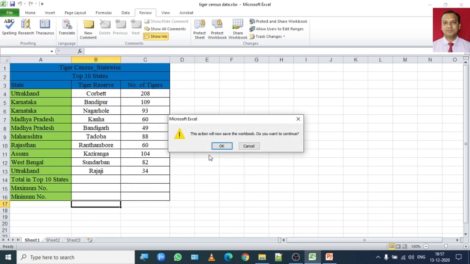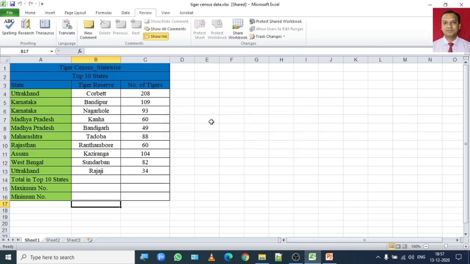You will get a warning message which will say this action will now save the workbook. Do you want to continue? Because you already made some changes in the sharing a workbook option. Once you click on OK, you will notice that this workbook name will show the tab of shared option.